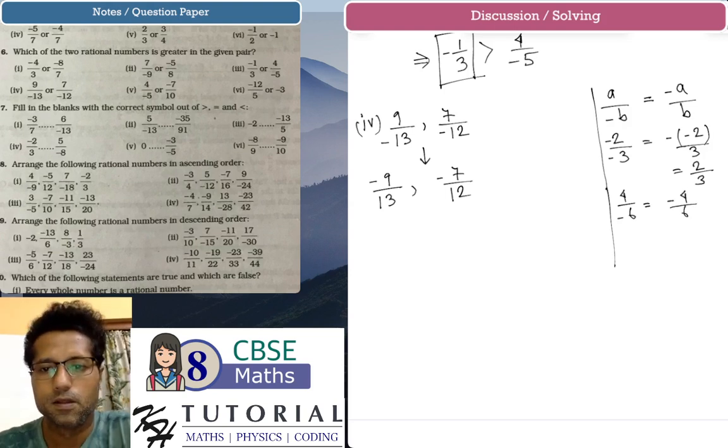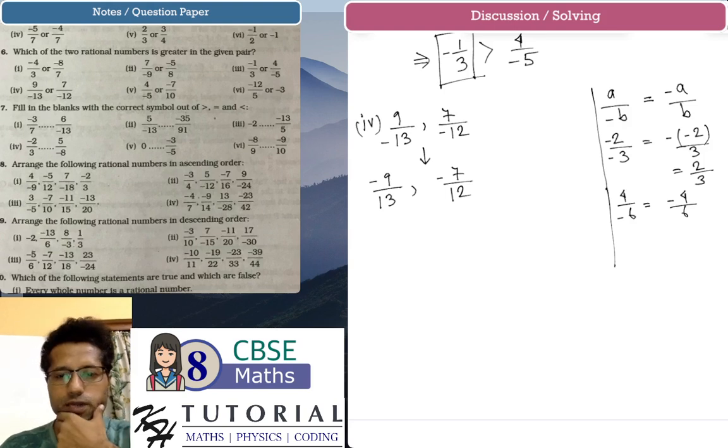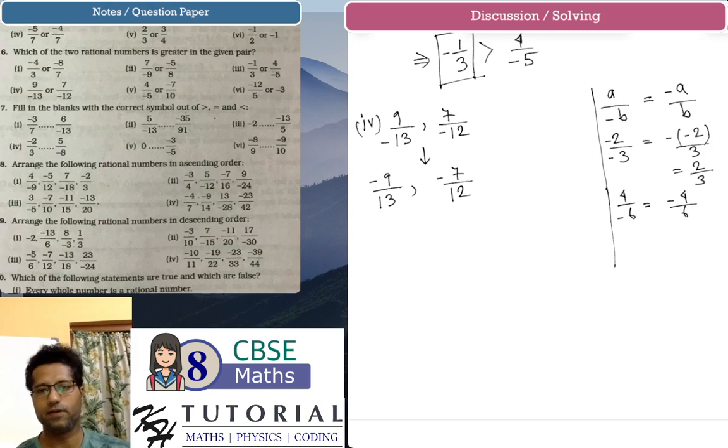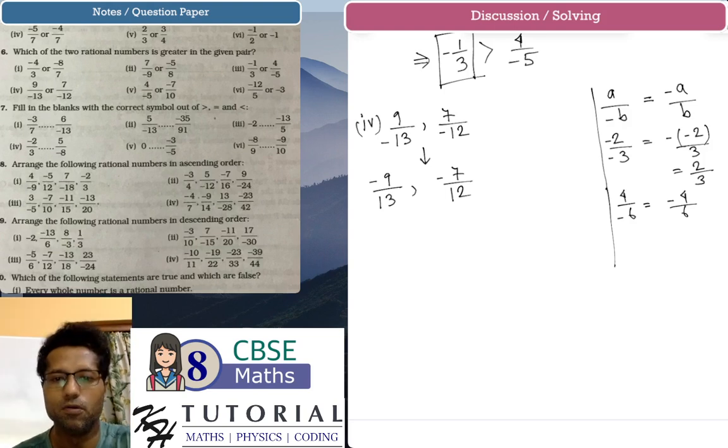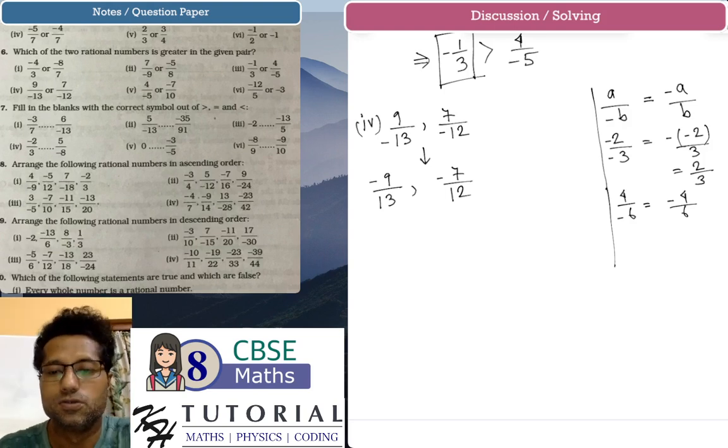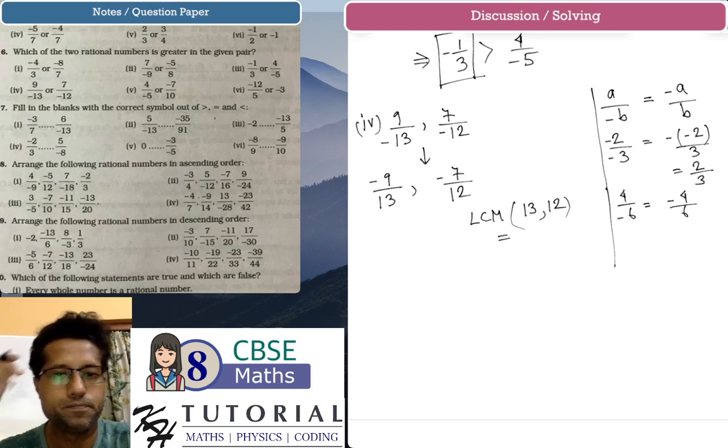Okay. So we have the two rational numbers in the standard form. We have converted the two given rational numbers to the standard form by making the denominator positive. Now we have both the rational numbers negative and the denominators are different. So we have to find the LCM of the denominators, that is 13 and 12, which is equal to